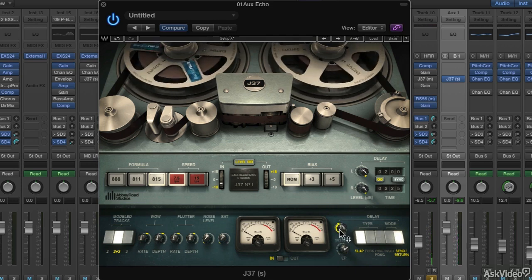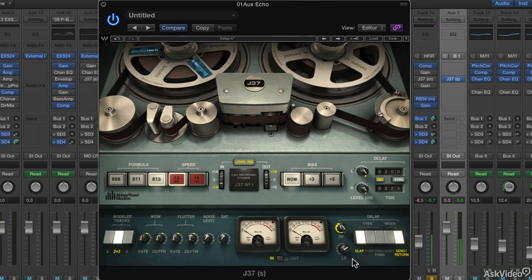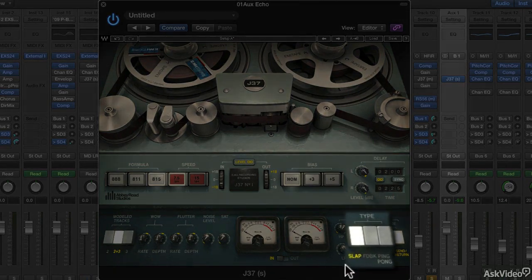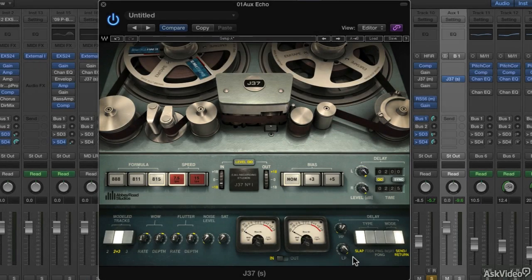It's especially noticeable on sibilants, like S's and T's, softening the edge of the repeats. The mode switches, naturally, are where you choose insert or send and return operation. And the type switches let you choose from 3 classic delay effects: straight echo, traditionally called slap echo;